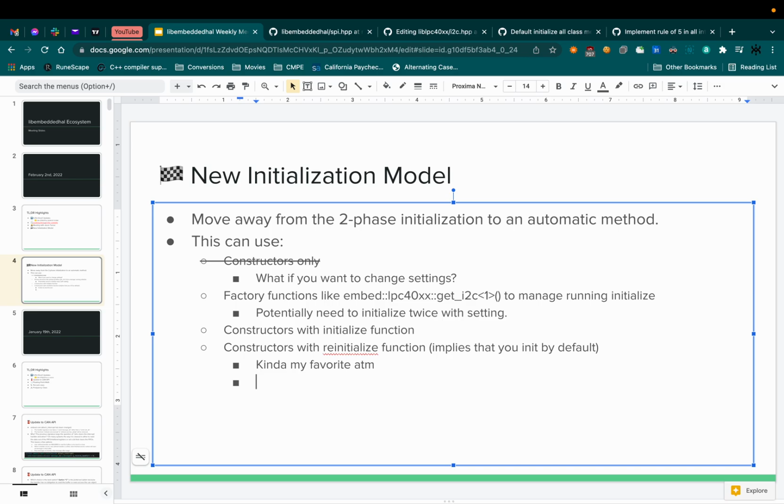But there is one big caveat. This is the reason why I told him that we needed to do two-phase. The reason is, what happens if you create an object that's global? You don't know when this constructor runs. The biggest concern here is if you have an I2C object and you make it global and it tries to initialize itself with a constructor, and you have not run embed LPC 40xx